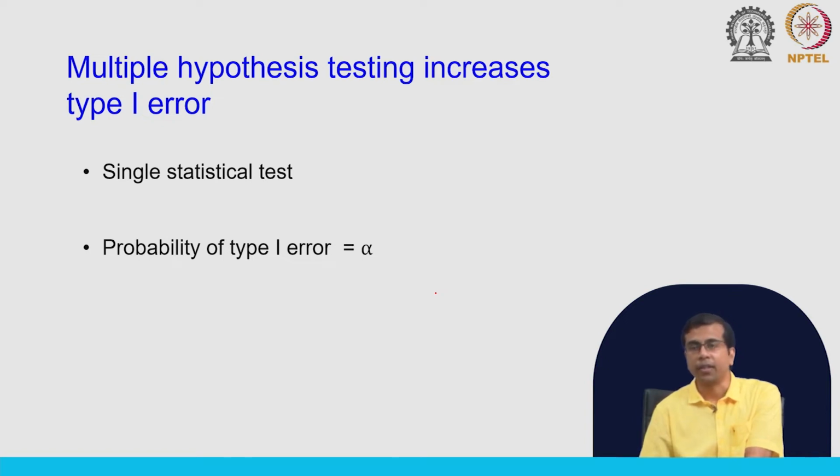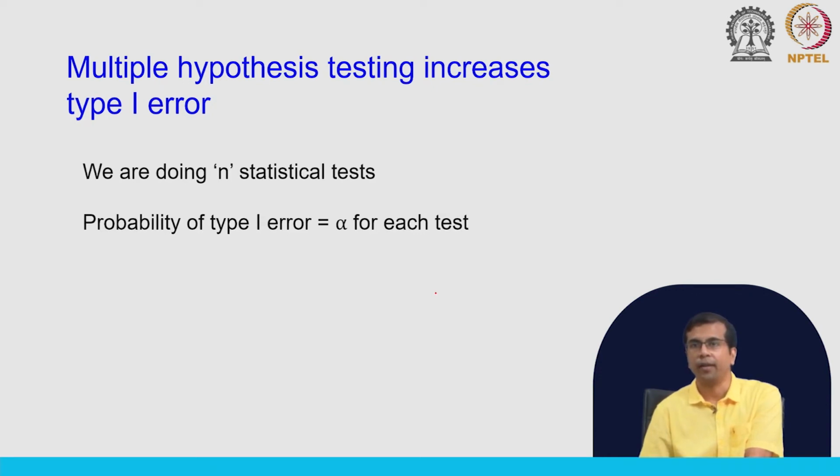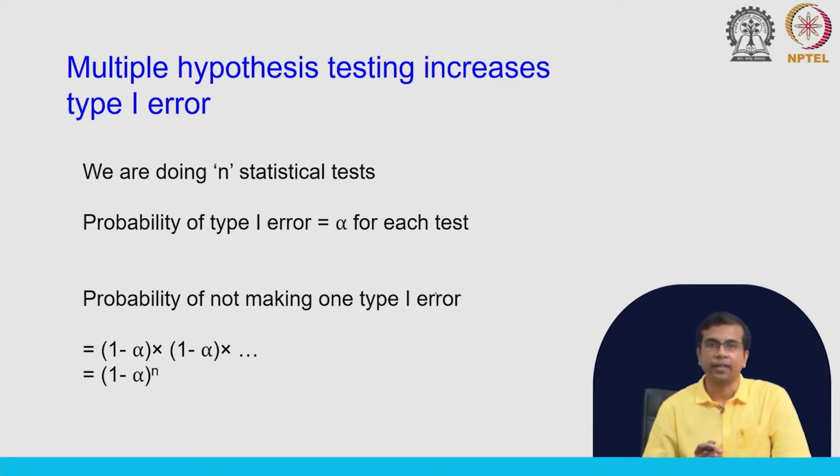Now, the second situation is that it will also increase the probability of a single false positive call. So, we can look at it in another way, again the same situation. The probability of not making one type 1 error is 1 minus alpha. So, if the probability of type 1 error is alpha, then the probability of not making one type 1 error is 1 minus alpha. And let us say we are doing n statistical tests, and the alpha remains the same for each test. Since we are assuming these statistical tests are independent,